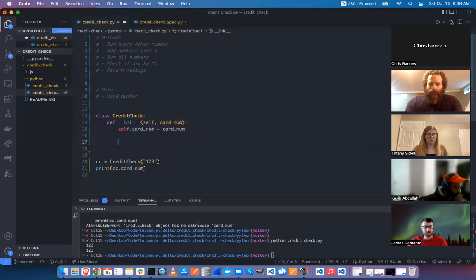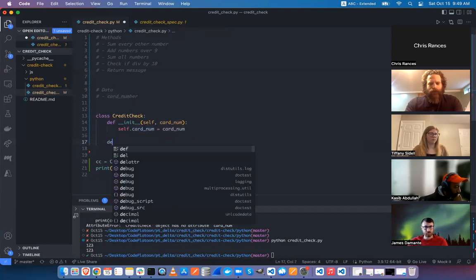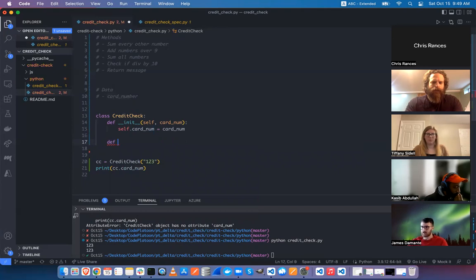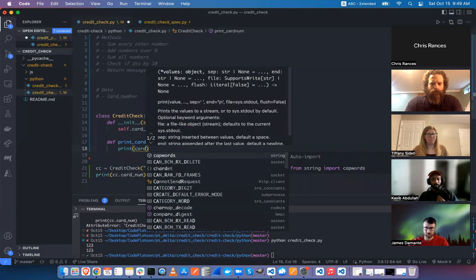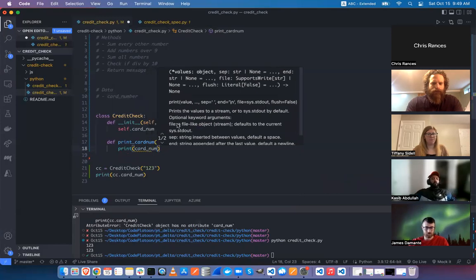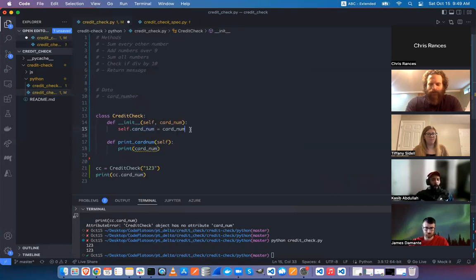So let's try just to look at that real quick. So def. This one's going to be a little more. The linter is going to help us out here, but